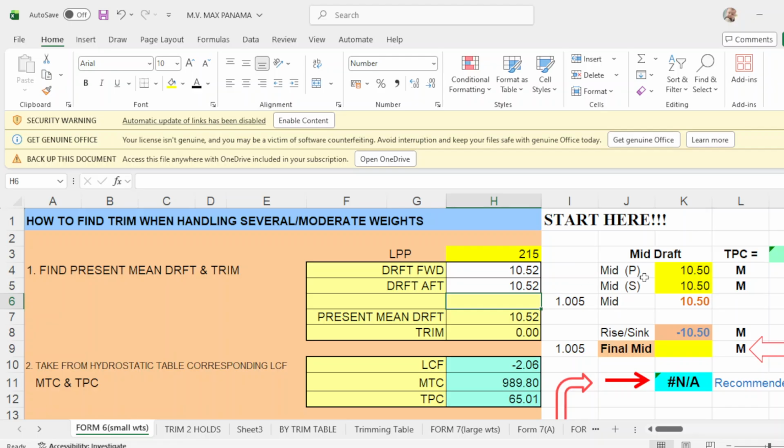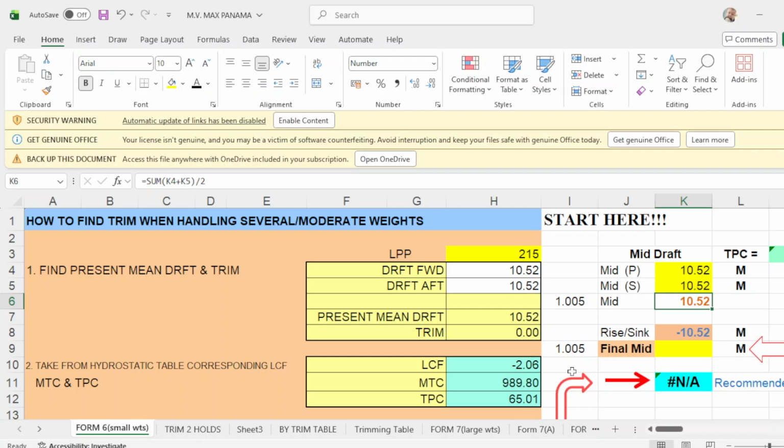So your actual mid drop port is 10.52. Let's say it's an even keel, and mid starboard will be the same, 10.52.